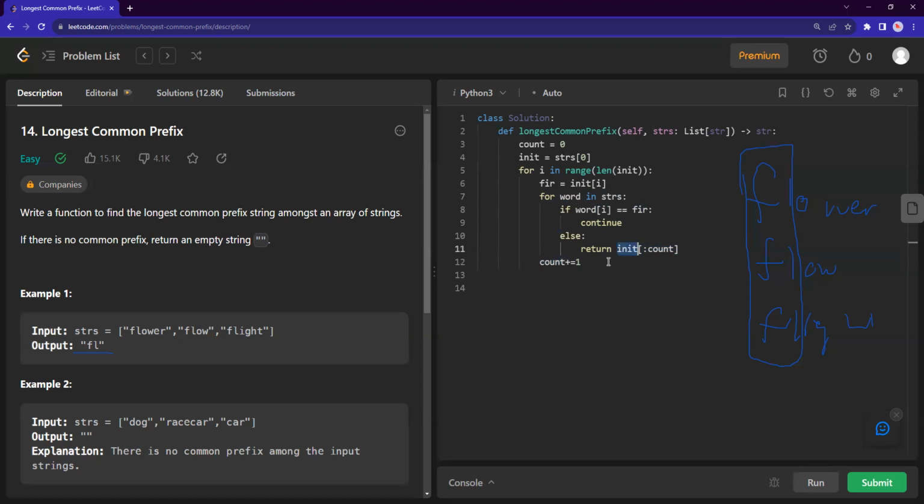For the base word, it should be the same, because it only progresses to the next stage if all of them are the same beforehand, like in the previous comparisons. If for whatever reason we have passed through the full length of init, like maybe init is the smallest item in the word array, and it just so happens that it doesn't early terminate anywhere else, we just return in the end init